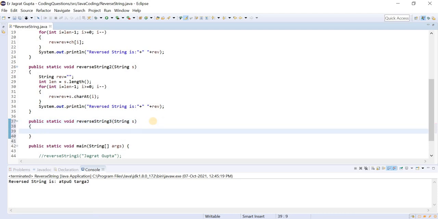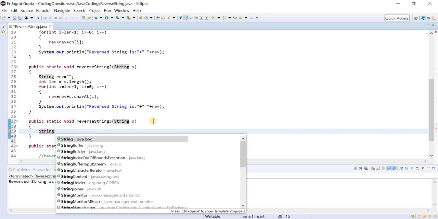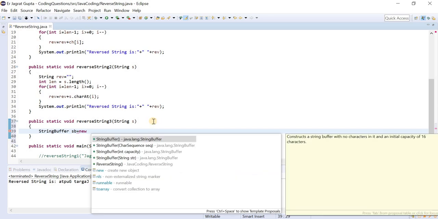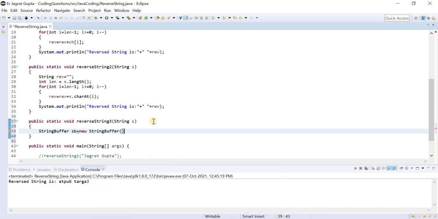Firstly, I am doing this with the string buffer. So we can create the object for this: StringBuffer sb is equal to new StringBuffer, and inside it we will pass our input string. With the help of this line, we appended our input string into the string buffer.